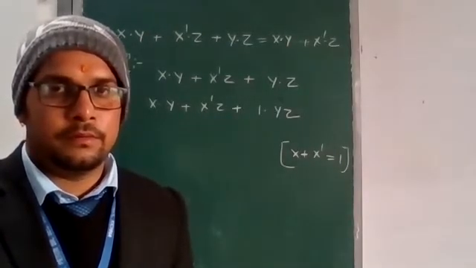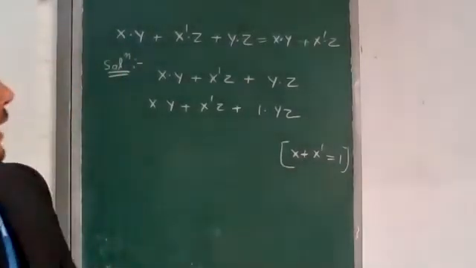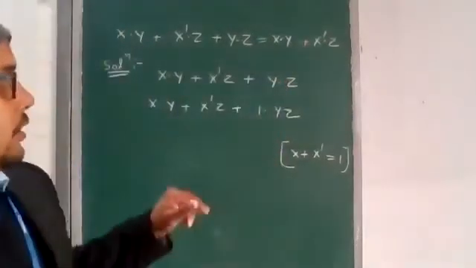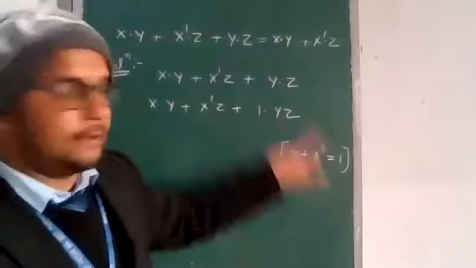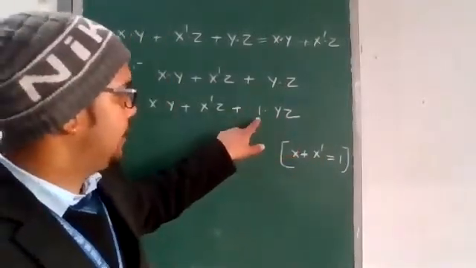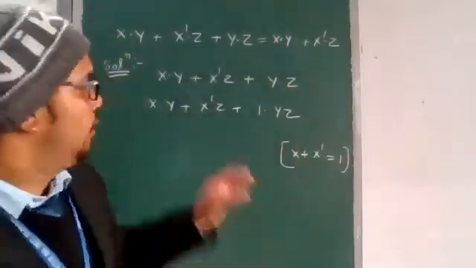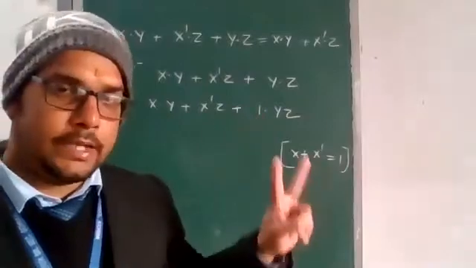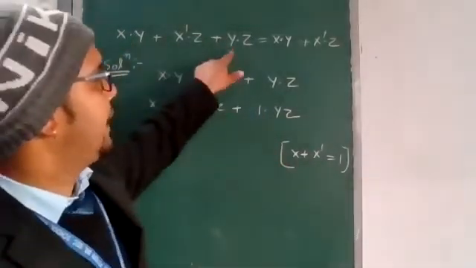क्या हमें प्रूफ में x और x कॉम्प्लीमेंट चाहिए? हमें इसमें x और x कॉम्प्लीमेंट चाहिए. And second thing is here y and z are already given. We need the third one, that is x, because in this expression 3 variables are given. One is x and second one is y and third one is z. तीन चीज हमारे पास हैं, x, y and z.